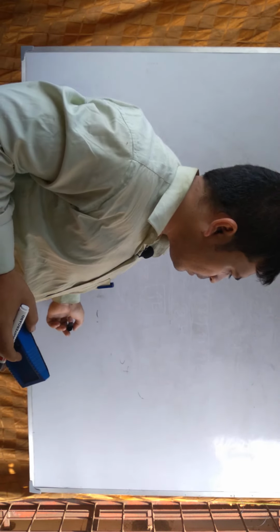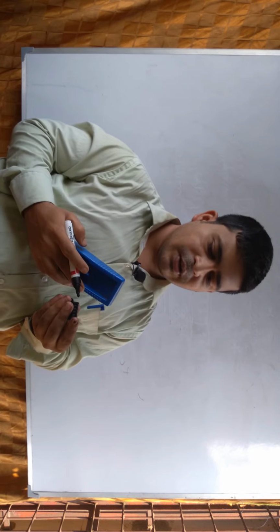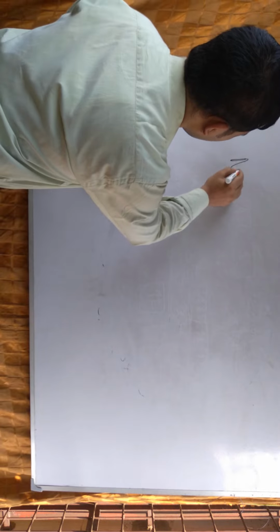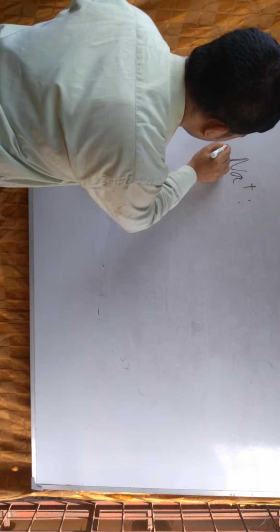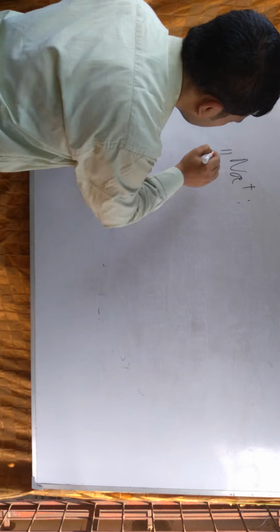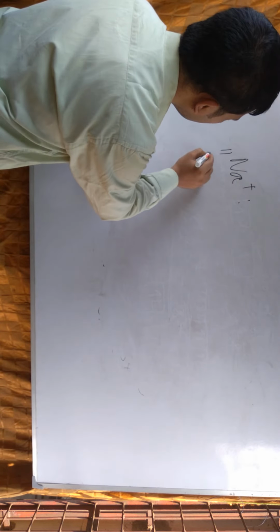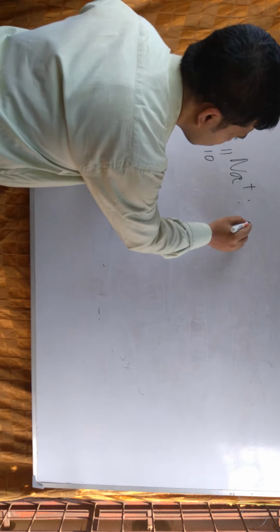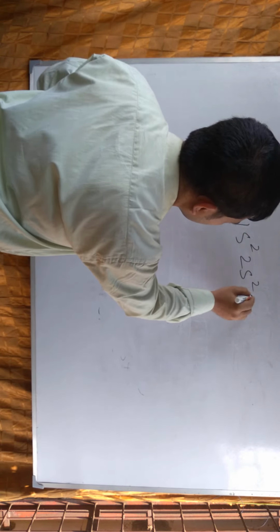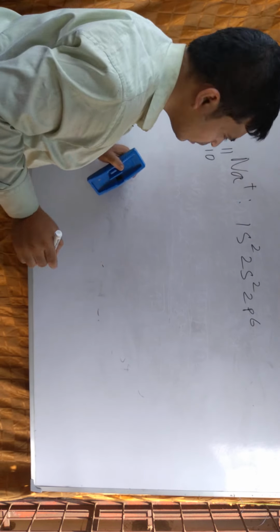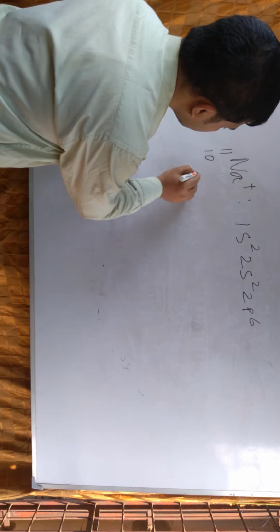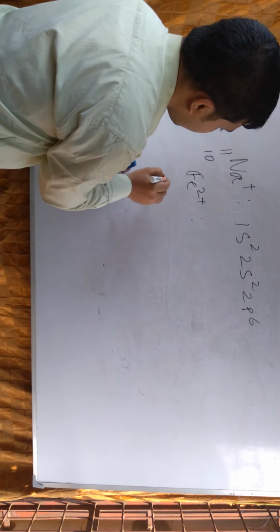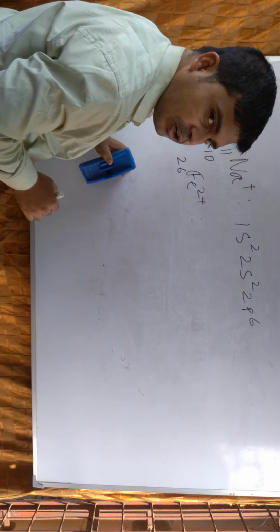Next important point is electronic configuration writing for ions. For example, if we want to write the electronic configuration of Na+, sodium has atomic number 11, and for Na+, where 1 electron is removed, the number of electrons is now 10. So our electronic configuration is 1s2, 2s2 and 2p6. It is for a cation. And for a cation like Fe2+, the atomic number of iron is 26,